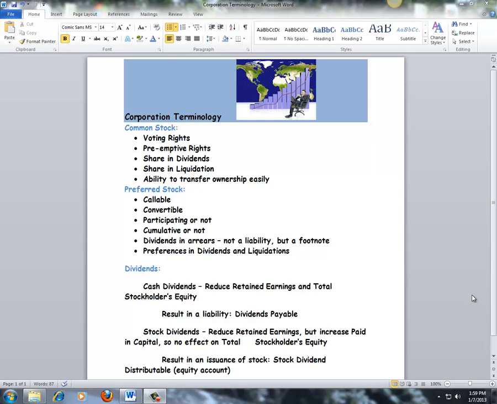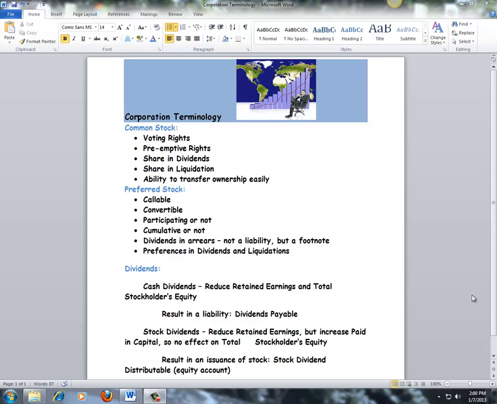The common stock also has something named preemptive rights. What preemptive rights mean is that if I own 10% of a company prior to a new issuance of stock, they allow me to buy enough shares with the new issuance to keep that same 10% ownership. So if I had 10 shares out of 100, or a 10% ownership, before they issue 100 new shares, I could then have the opportunity to buy another 10 shares, so I'd own 20 out of 200,